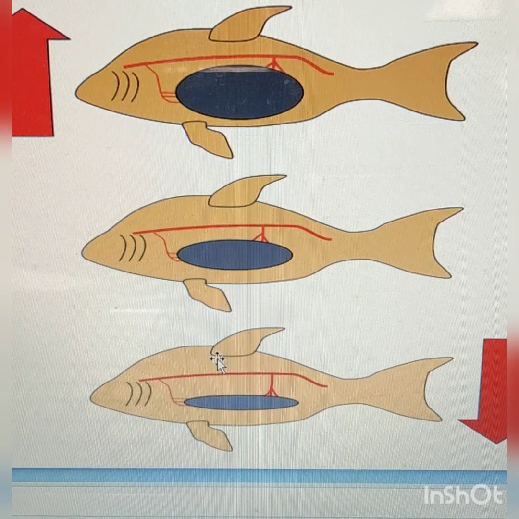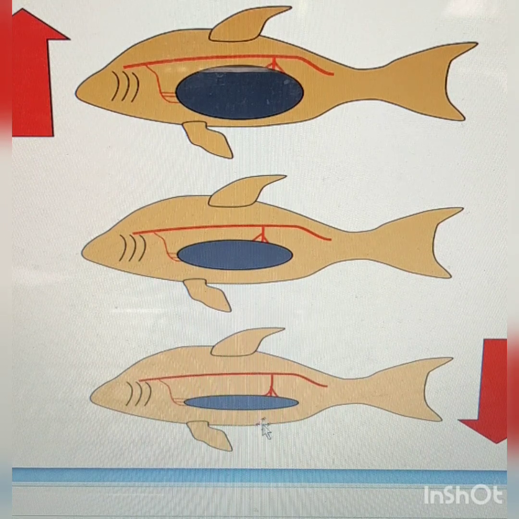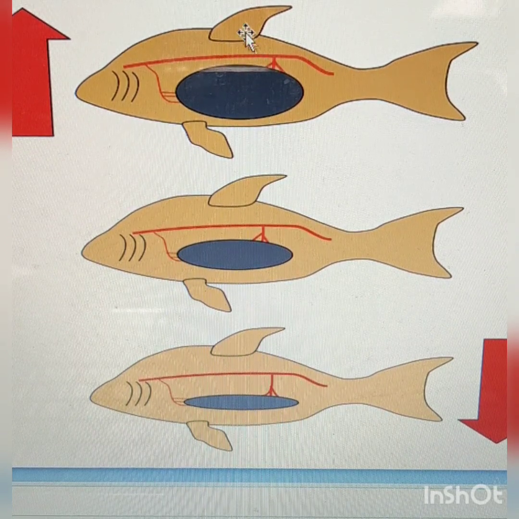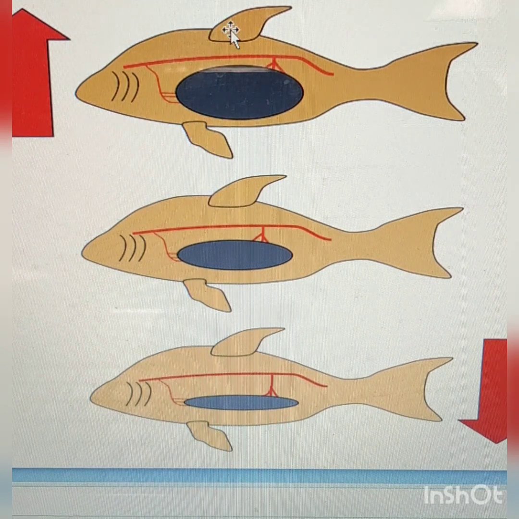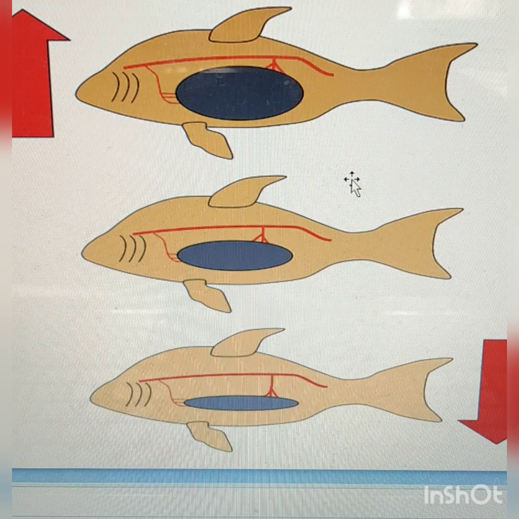You can see that there is less air in the swim bladder and the fish is at a greater depth. But in case of more air in the swim bladder, the fish is at a lower depth. So, another function is respiration. In water in which oxygen content is considerably low, the oxygen produced in the bladder may serve as a source of oxygen.